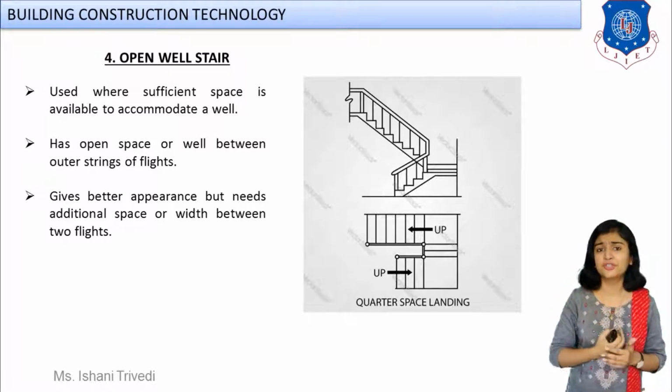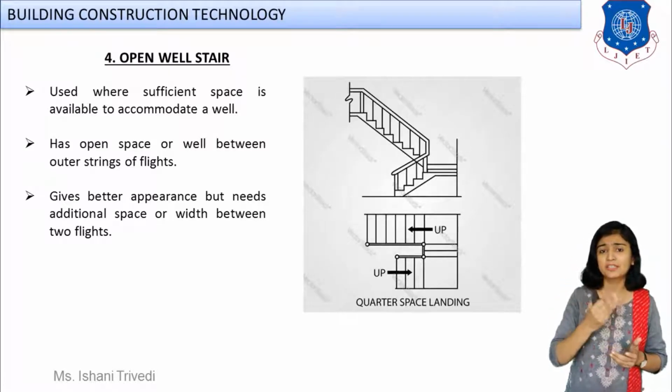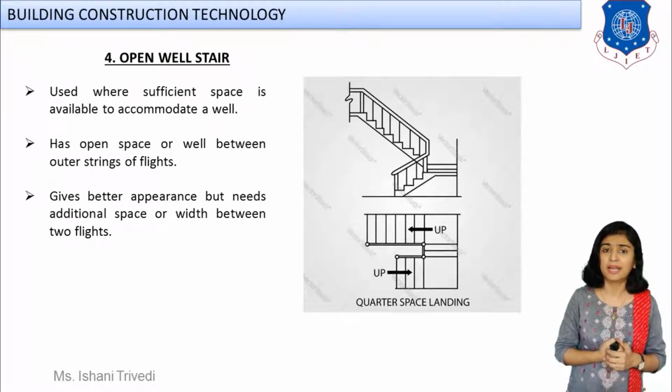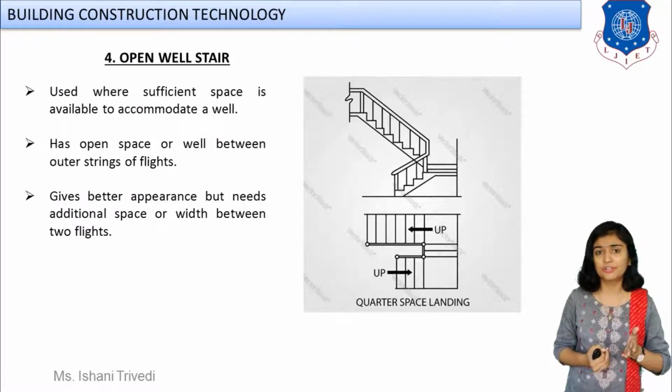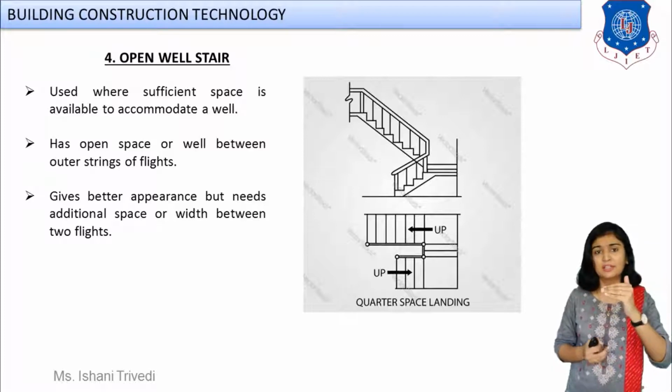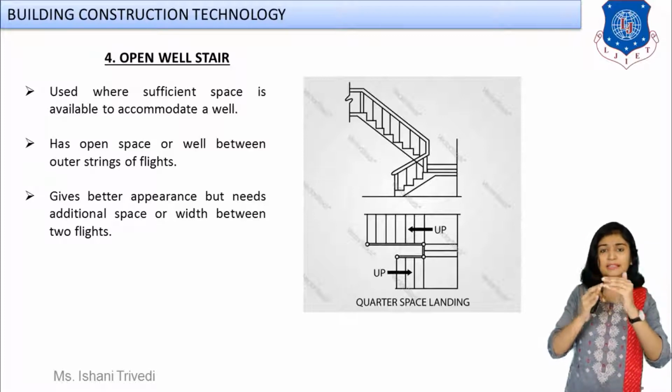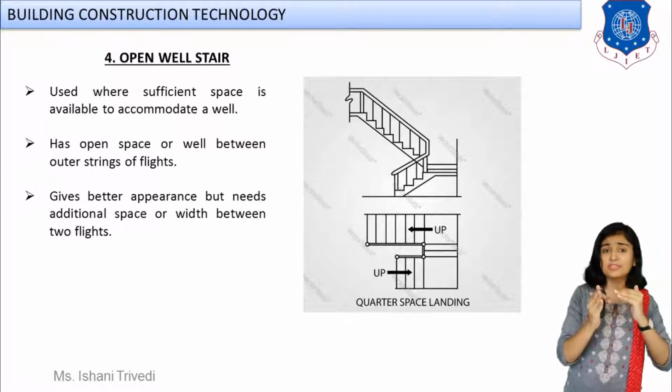Okay. So again, next I am showing you second type of open well stair. What is the difference which you can see over here? I think your sketch is going to make it clear in your mind. If you have understood the first type, that was your straight flight stair, then it should not be tough for you to understand this type. Now here you will have the first flight, then you will have the half turn, and then the second flight. What difference came over here?